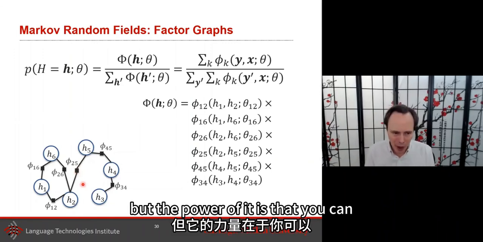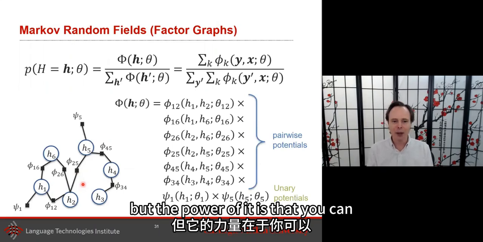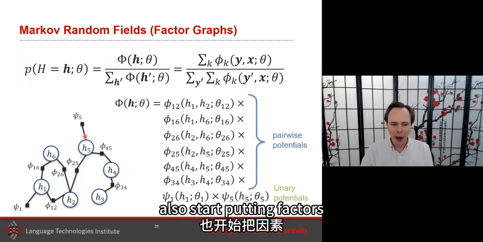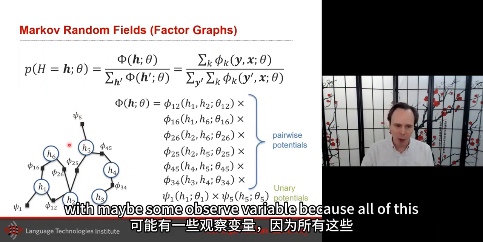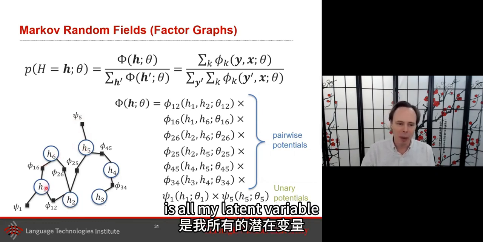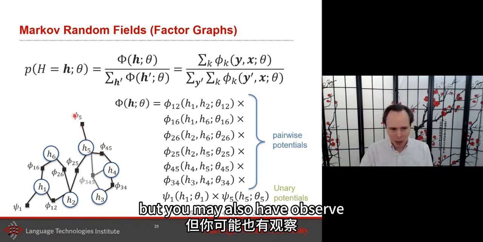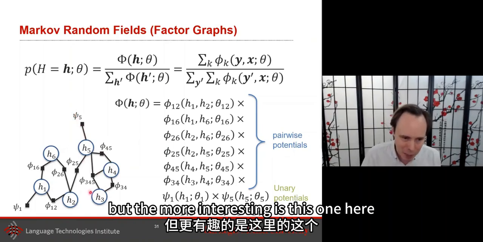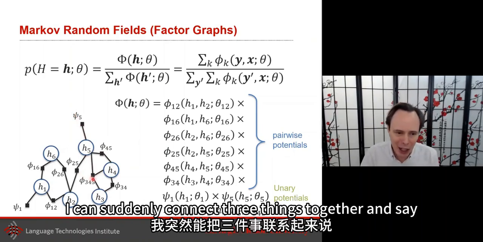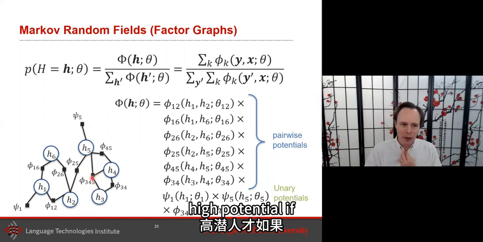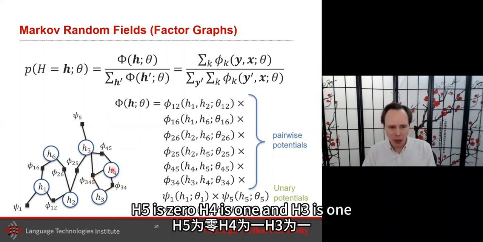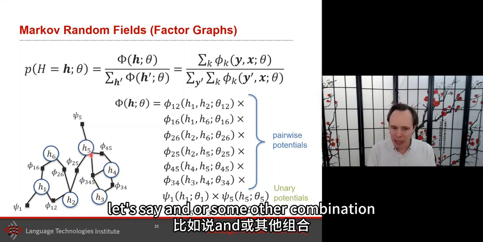But the power of it is that you can also start putting factors with maybe some observed variable, because all of this is my latent variables, but you may also have observed. But the more interesting is this one. Here, I can suddenly connect 3 things together and say, hey, high potential if H5 is 0, H4 is 1,